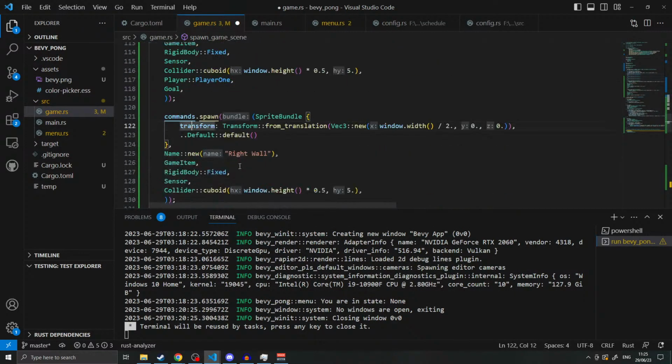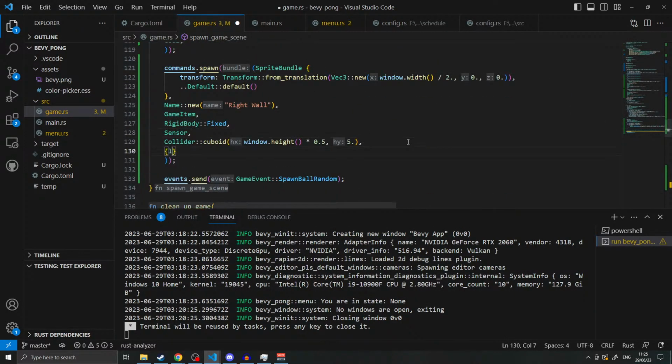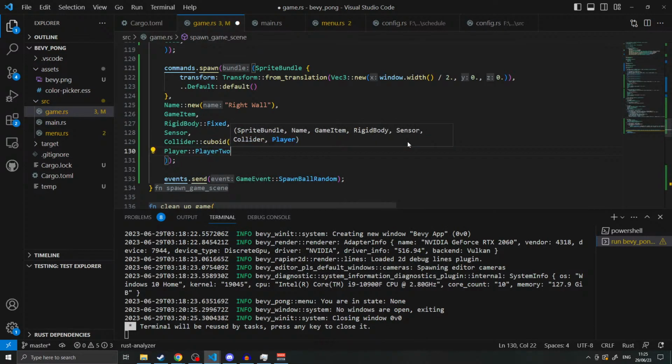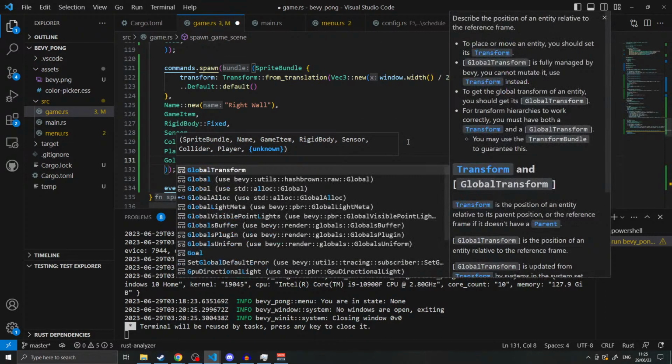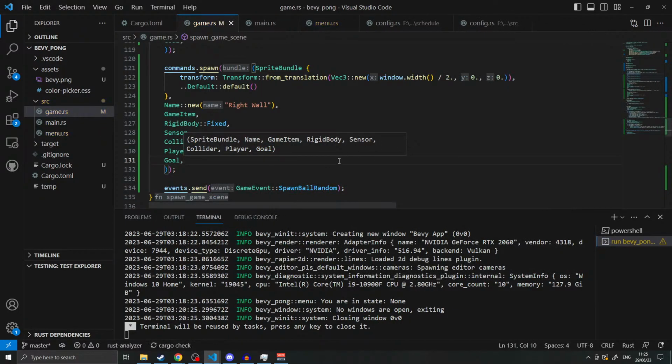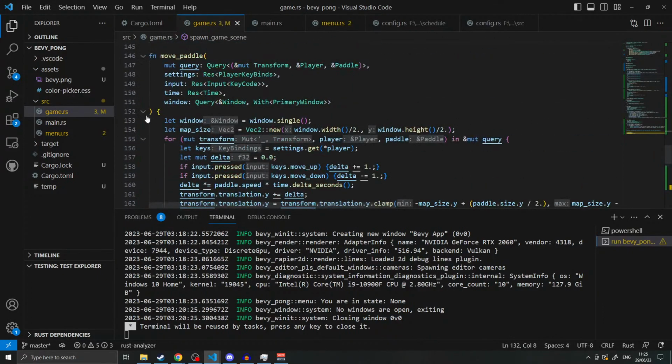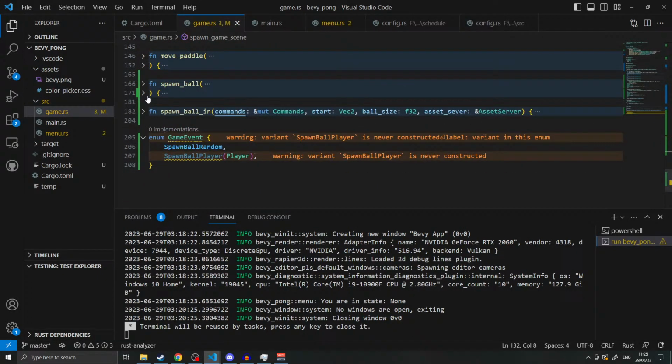And this is player 2, and this is a goal. So in theory, we now have a goal on either side, and until I fix up the UI, we're going to go fn score point, underscore, no, point. Okay, so we need